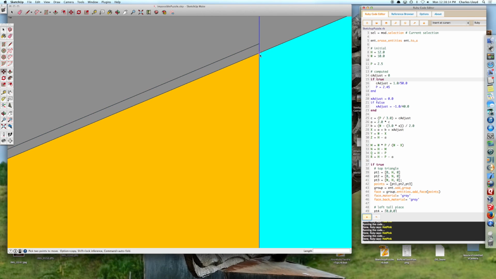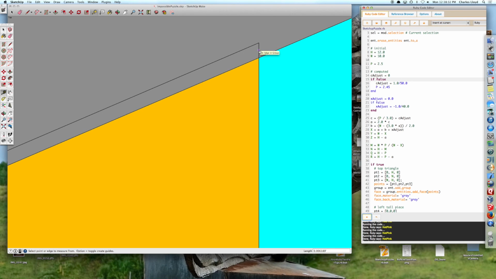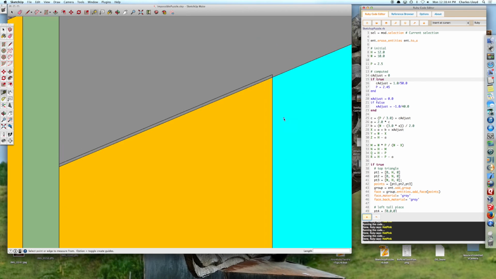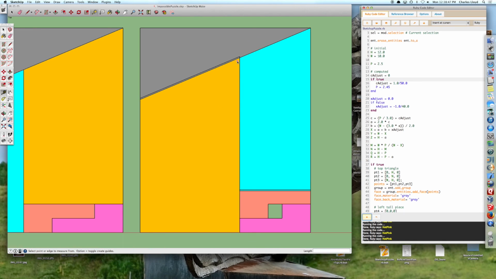So if we measure this length, 0.006891, whereas before, set this back and regenerate, 0.006, there it goes. You can see already that it's longer, 0.009. So by putting some of the error into other pieces, you can make this piece have an even smaller overlap. So we have some of the overlap here, some of the overlap there. And we can even